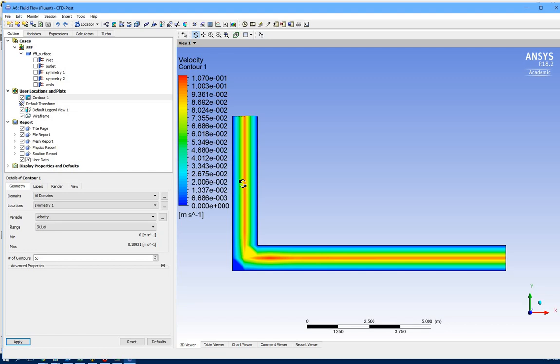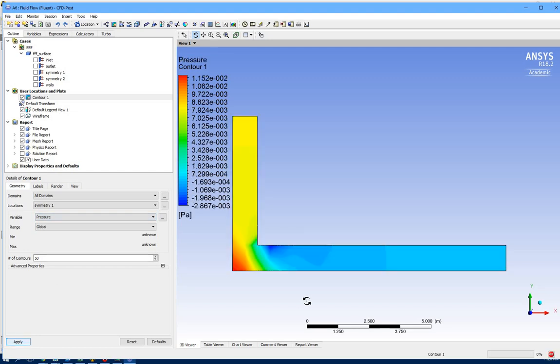So I'm interested in pressure drop inside this. If there was temperature involved there, I may select temperature as a monitoring point. So let's see pressure here. This is the pressure, higher pressure there, and lower pressure this side. So I would like to define 2 points as monitoring points to find pressure drop because of this L-shape